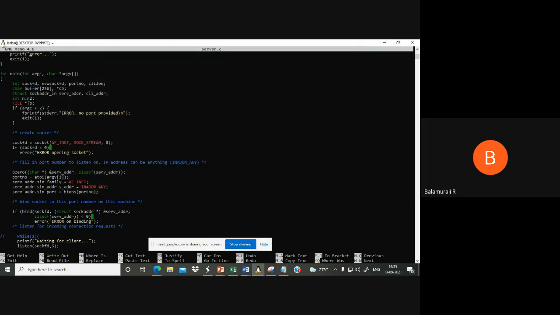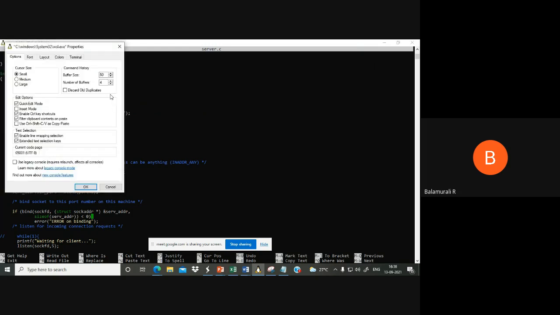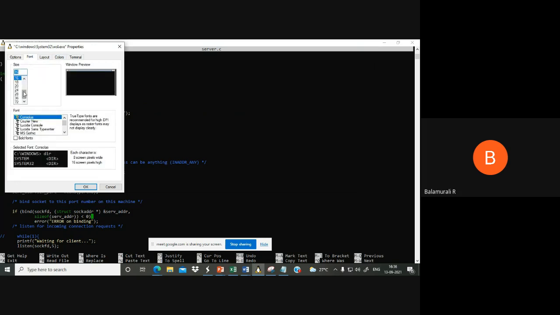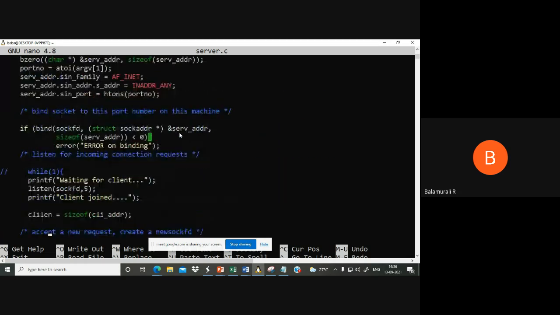I'll try to maximize the terminal font. Yes. So here you can see